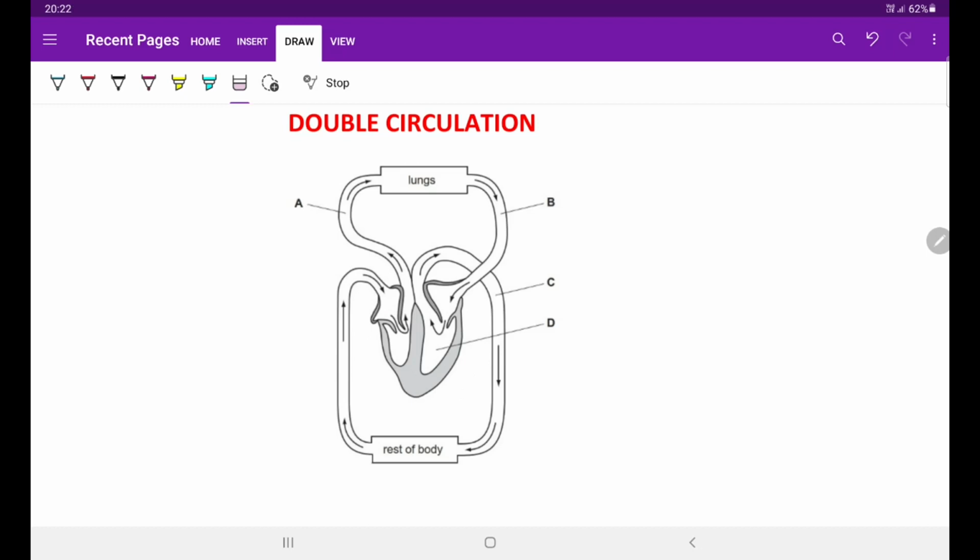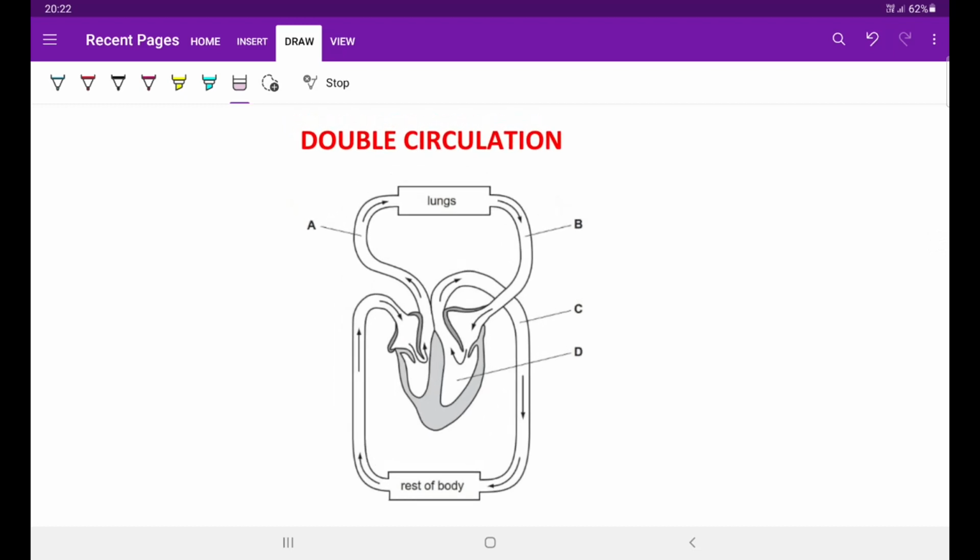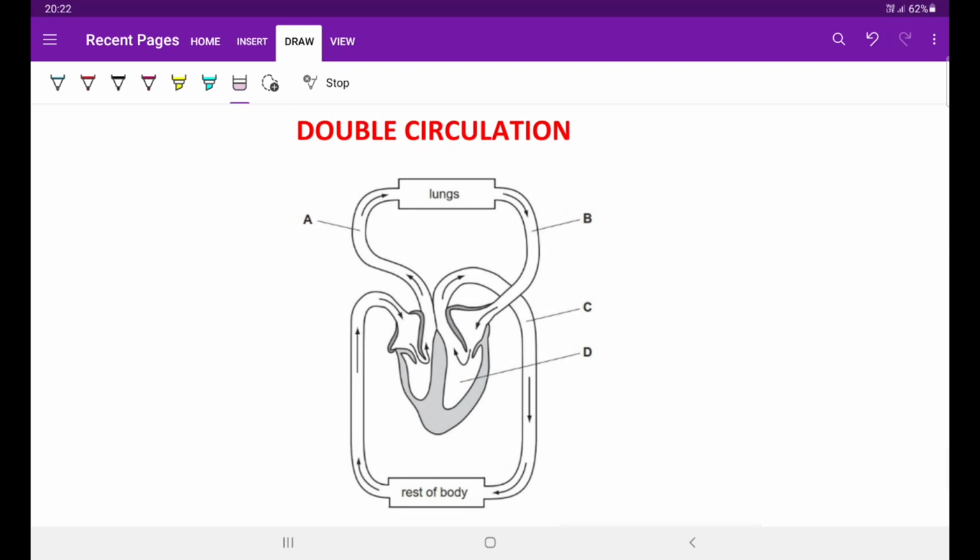All the four chambers are clearly separated from each other, and the significance of this separation is also very well known to us. It helps us to receive a good supply of oxygen to carry out all the essential physiological activities. In this video, we are going to see the path taken by the blood to be circulated in our body.